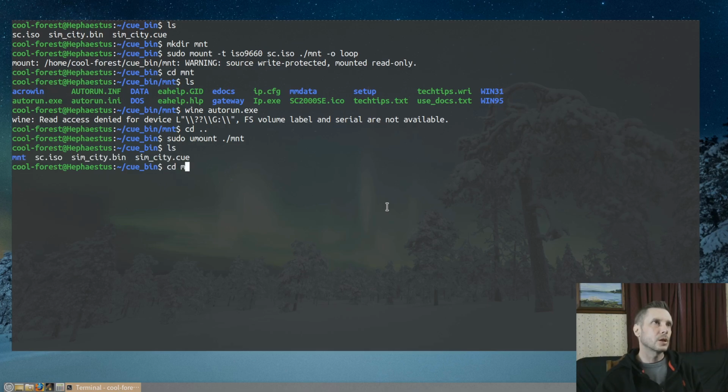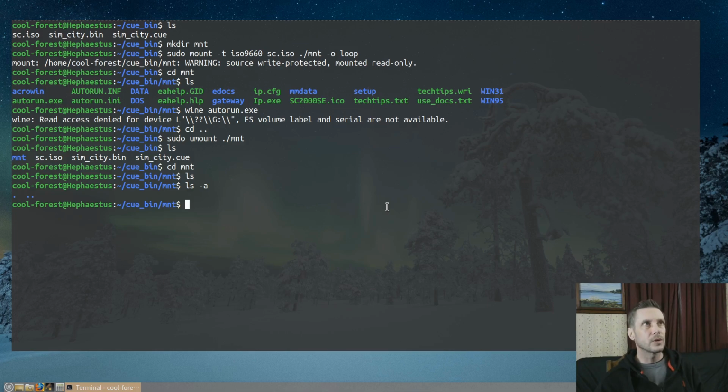And now you can check if you go in here. You shouldn't see anything. And we don't. So that's how you get a bin and a cue file into an ISO file and mount it in order to work with it.